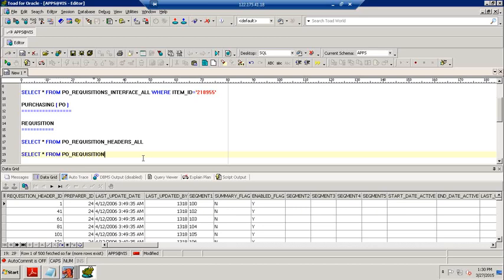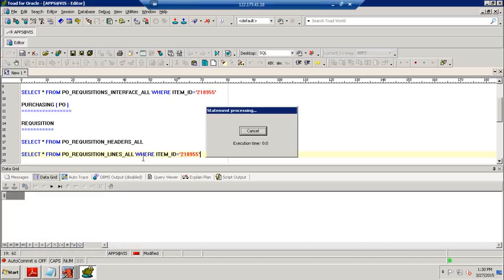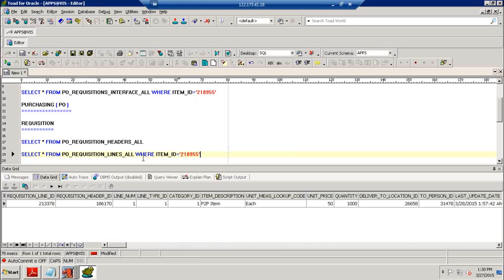So in lines we have the item ID. Have you found the item ID or not? In that item ID we can pass our item ID, 218955. Have you found the record or not? With reference to this item ID we find the requisition header ID, and here I am going to pass the requisition header ID.